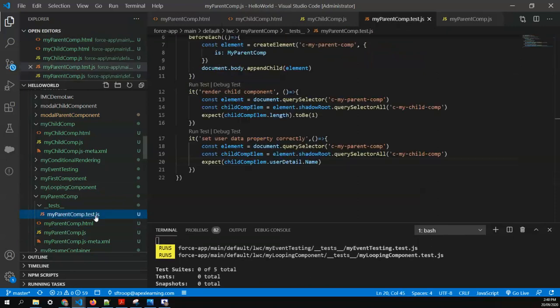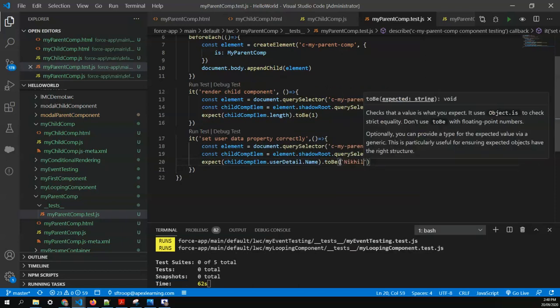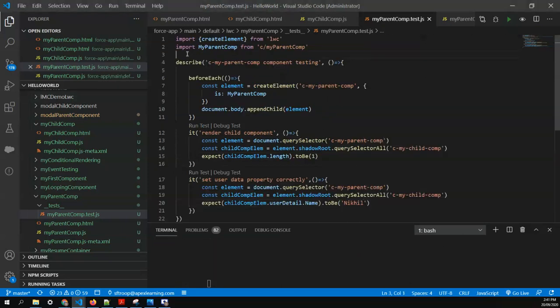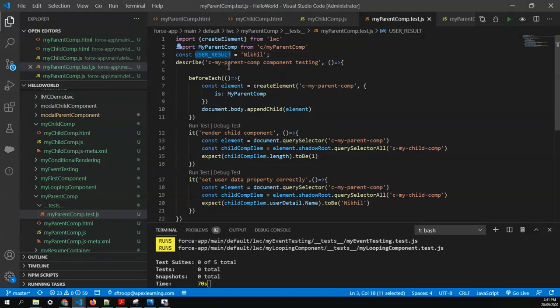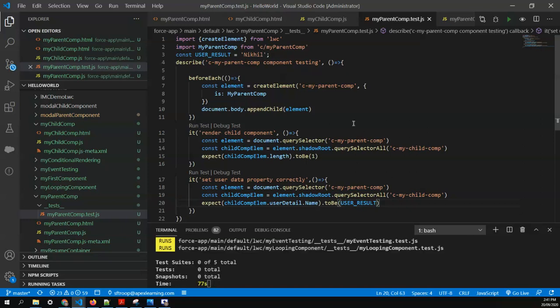Okay, so I'll go here and say dot to be Nikhil. Or the better approach, I would say, you can move your constants to the top here, user result Nikhil, and check user result, because tomorrow if your data changes, you don't have to find it many times if you are using the same Nikhil in many places. So it's better to move the constant to the top and use it inside your test case.